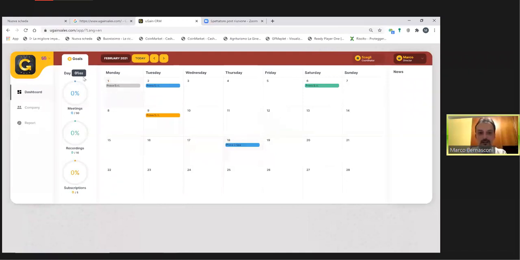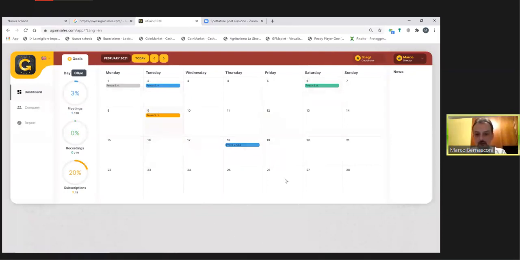So you see, I'm hovering with my mouse on specific data. I can see what kind of results I achieved on a given date, on the 1st, on the 9th, on the 6th. For example, I had a company registered on the 6th of February,